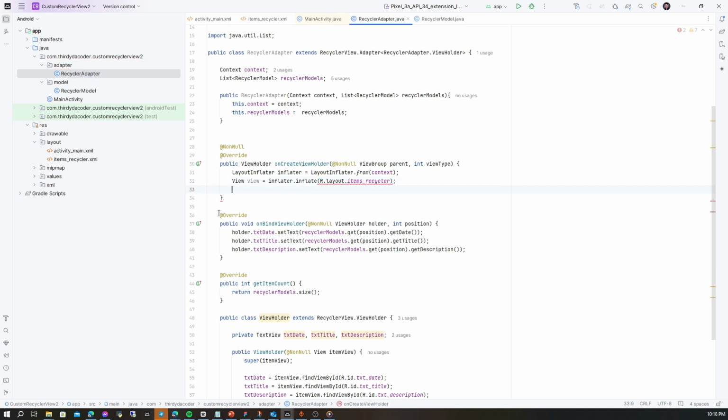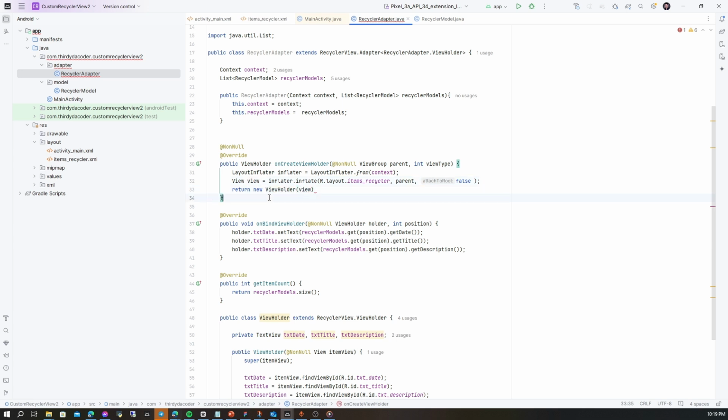Then we have an error, because I forgot to add the three other parameters. So parent is from view group, and the attach to root is false. So follow this step and return new view holder view.